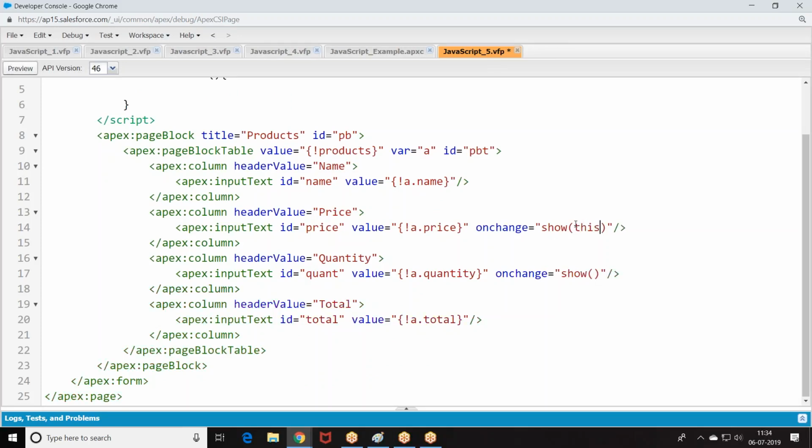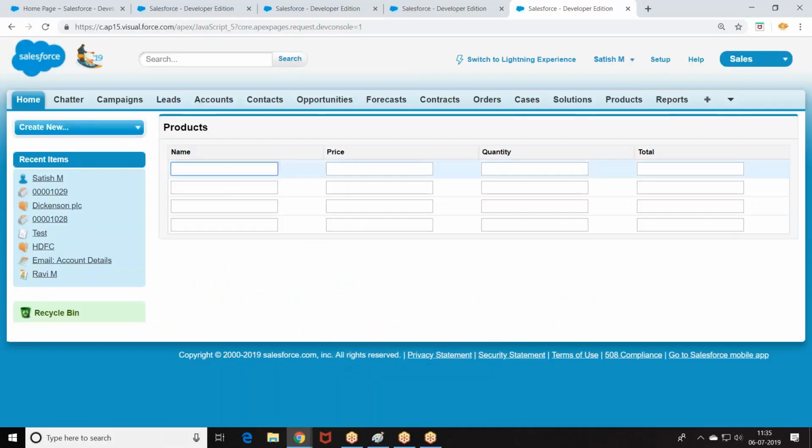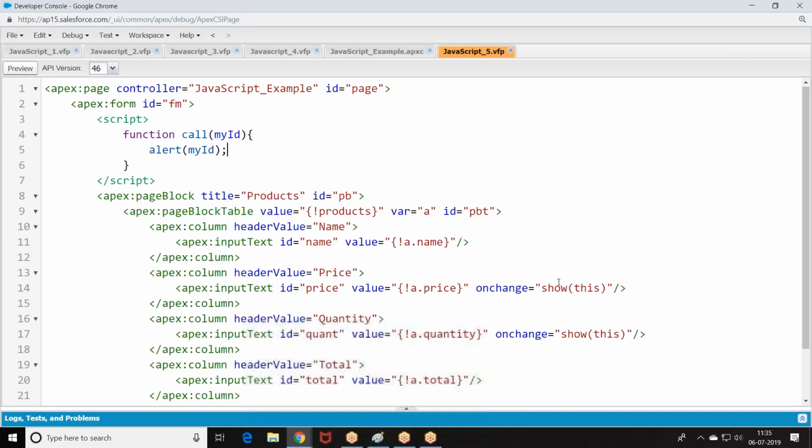Now I'm saying pass this. First I'll pass this and show you. Now I'm giving an alert. You're not getting it, so I'm moving out this dot.